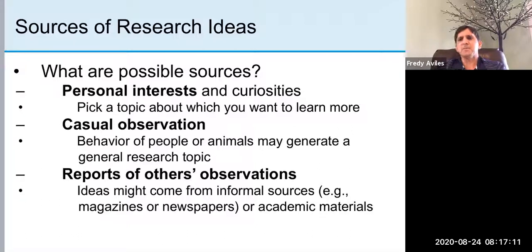Even animals can spark ideas that you might want to look into. So maybe you notice that around your home, there are some stray cats that come around. And since they're strays and nobody really takes care of them that much, they look a little bit more dirty, more messy than your well-groomed house cats. So maybe that sparks an idea: are there differences, let's say, in grooming habits,